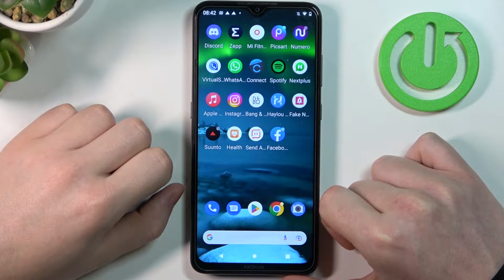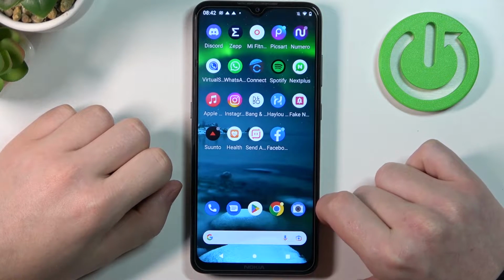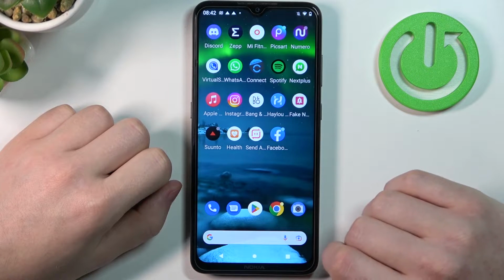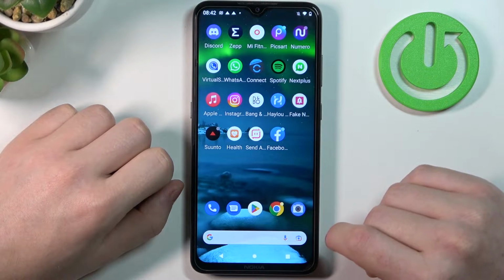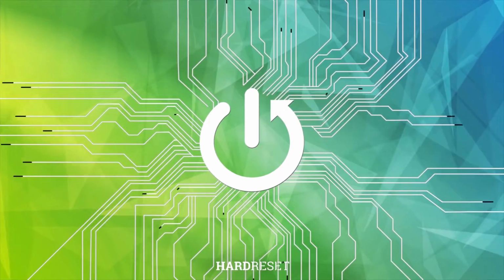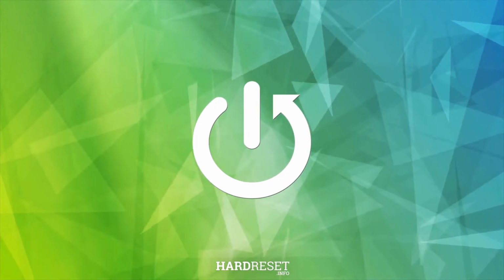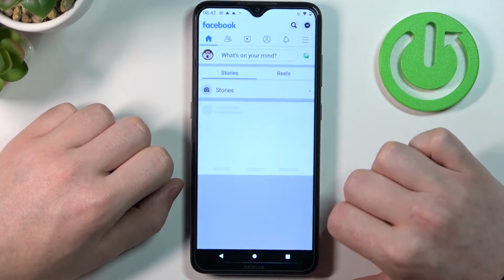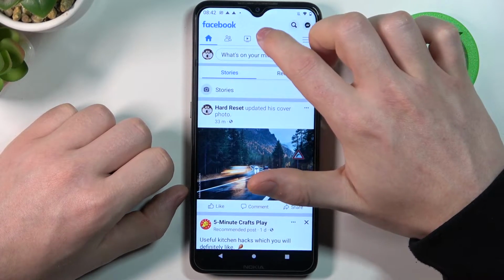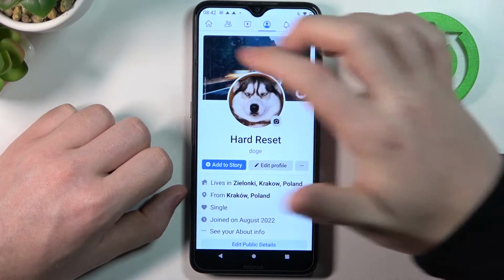Hello, in this video I want to show you how to change your featured profile stories or pictures on Facebook. So in order to do this, let's open your Facebook app, then select this icon or go for the profile picture,